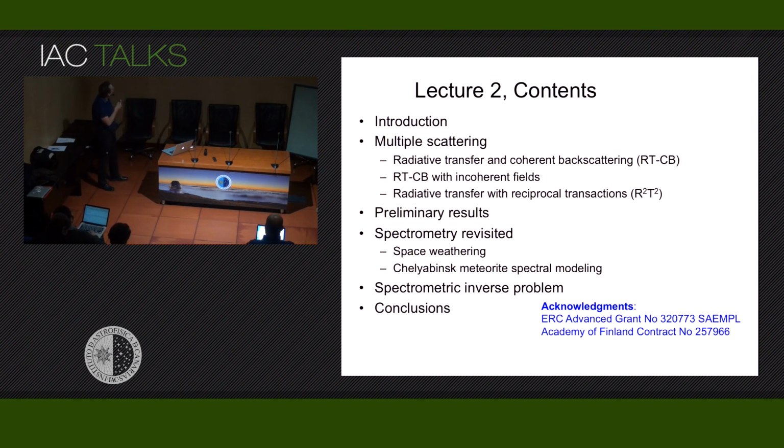It is essentially a new kind of radiative transfer approach that is based on more or less exact computations in an order of scattering fashion in a regolith of small particles. Some preliminary results to convince, first of all, us and you that there may be something interesting in these methods, that actually they can succeed in doing the computation correctly. Then spectrometry revisited. We look at the space weathering. We look at the Chelyabinsk meteorite spectral modeling, and then, as promised yesterday, I will actually define a spectrometric inverse problem